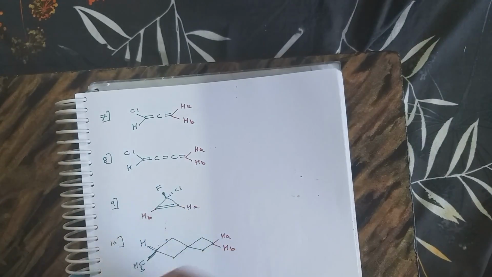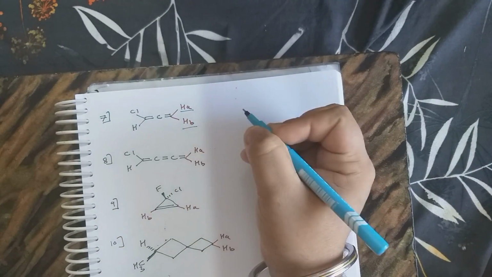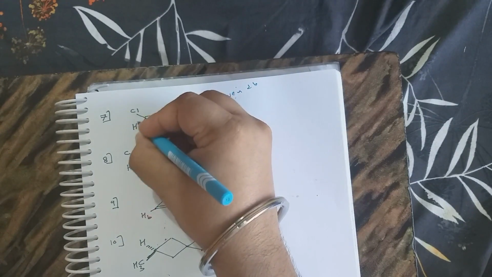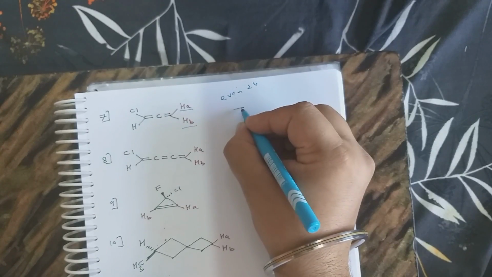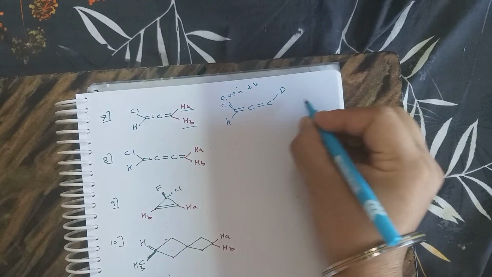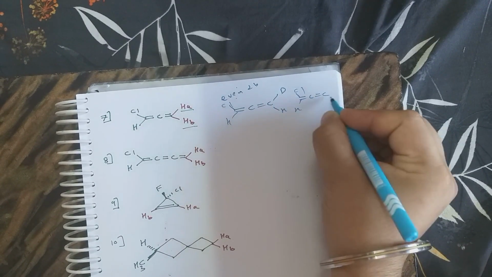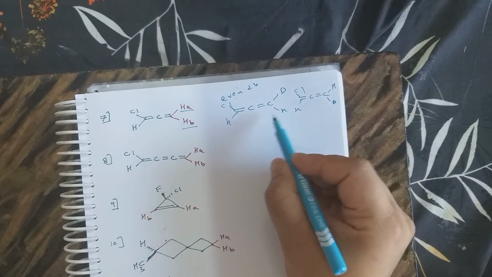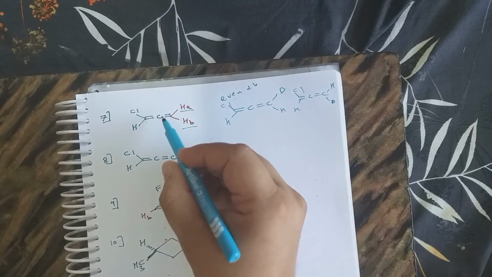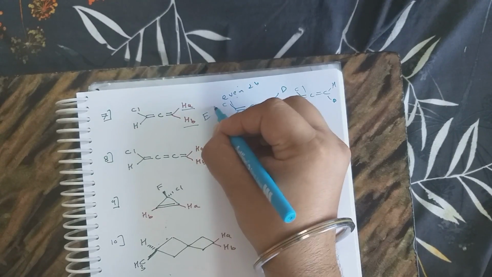So see the 7th example. Here I will discuss fast. So this HA and HB is there, okay. This is an allene, an allene with an even number of double bonds with both different substituents. So when it becomes deuterium, this Cl, this H, this H, this Cl, this Cl, this Cl, H, this deuterium S. So now this compound has an enantiomeric relationship. You can also find out R and S of this compound. This has an enantiomeric relationship, so this now becomes enantiotopic.